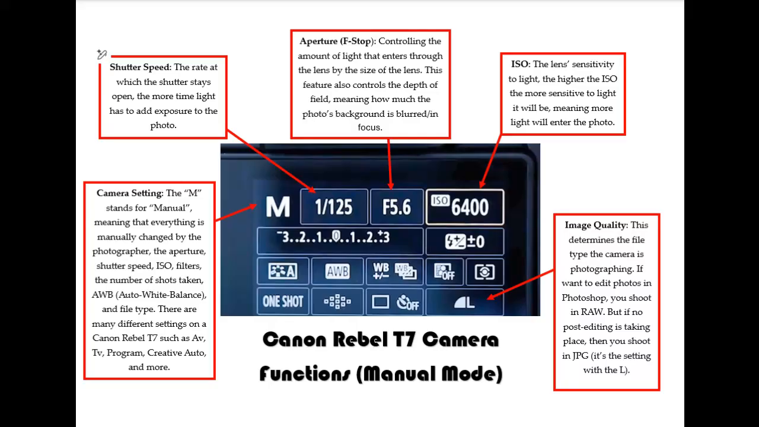All right, and the last thing, guys, we want to talk about is our image quality. You'll see in the bottom right-hand corner of your camera is the little L with a little curve on it. That stands for JPEG. JPEG is a file type,